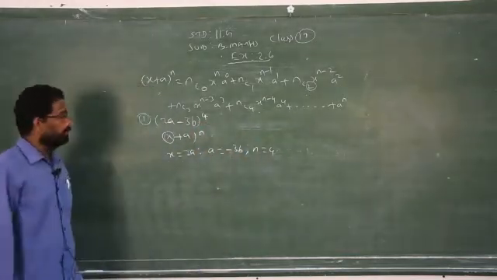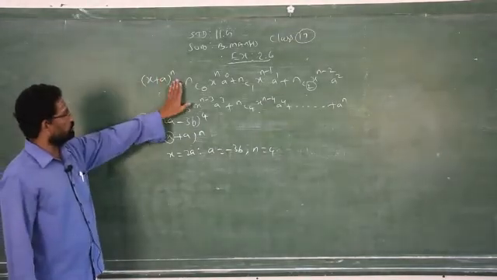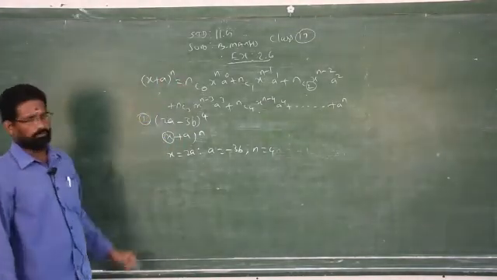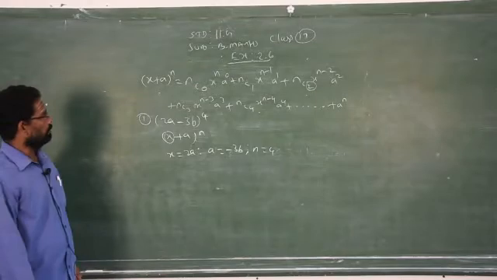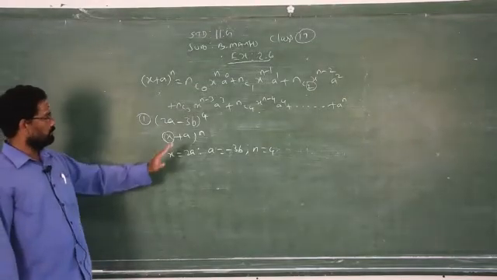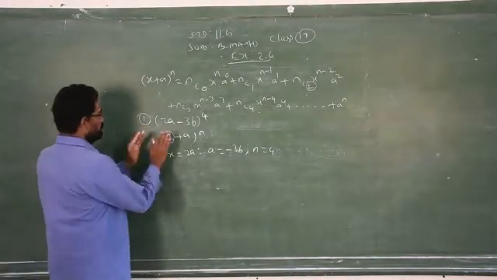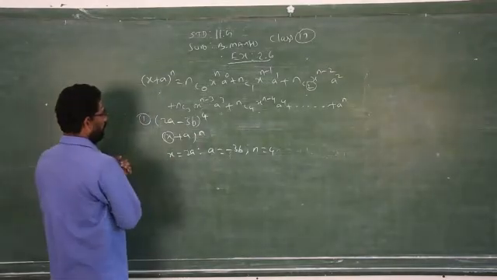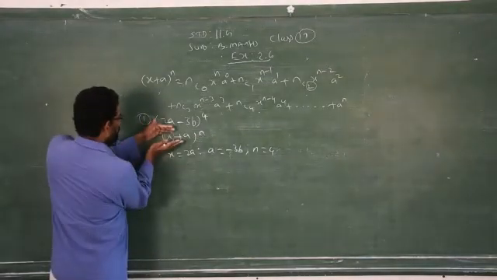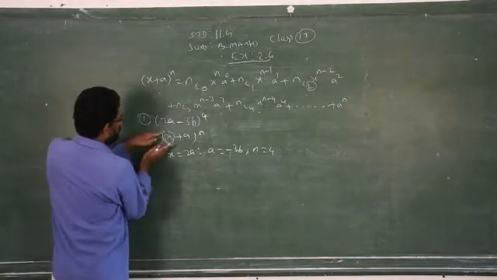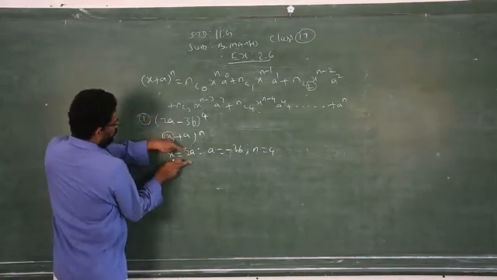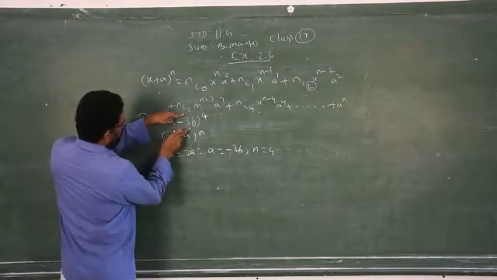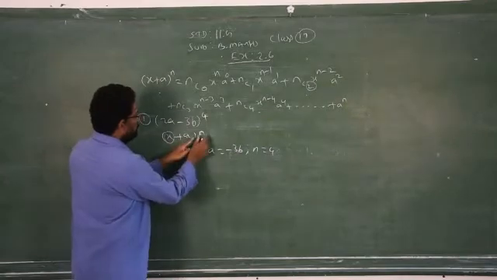To avoid confusion, it is better to always take the positive binomial theorem. Don't take the negative one, (x minus a) whole to the power n, as that will confuse you. So please always take the positive one, (x + a) whole to the power n. Then compare that formula with the given question. In the place of x, what is given here? 2a. In the place of a, what is given there? Minus 3b. In the place of n, what is there?